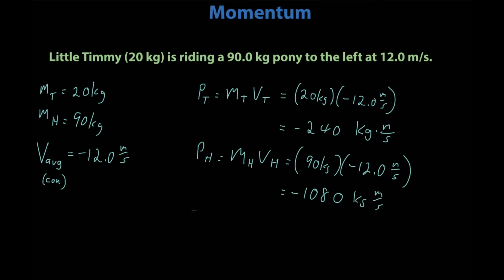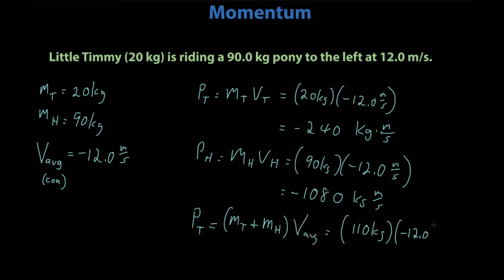What is the momentum of both? Momentum total. I could do this two ways. I could either add these two momentums, or I could do mass of Timmy plus mass of the horse times the velocity, which would give me 110 kilograms times negative 12 meters per second. And the total momentum would be negative 1320 kilogram meters per second. The negative shows it is going to the left, because this is a vector, and there are no special units